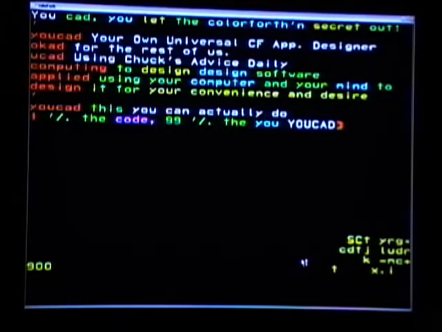Hello again. I just wanted to introduce you to the YouCAD project. This is where we're going to create our own software using ColorForce and using the Pentium to create our own computer-aided software design software. This project will be ongoing, and everyone is invited to join, to submit code, to make critique. But to go along with the project that we've already started,